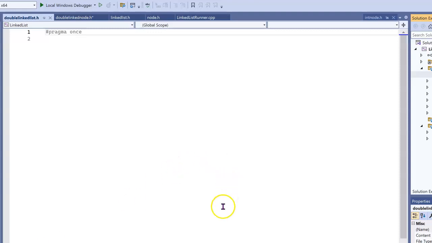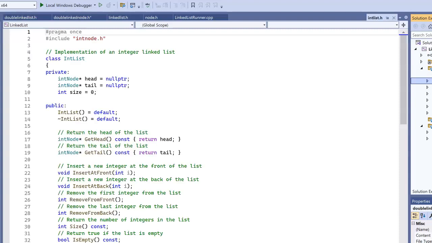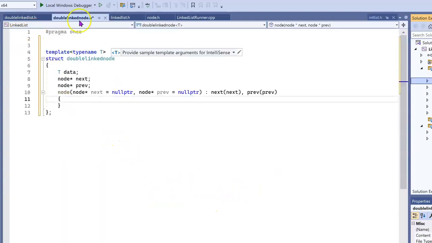In this video, we're going to implement a doubly linked list this time. Now, I've done a little pre-work here just so we don't have to drag all the way through it, but I defined our doubly linked node, and here's what it looked like. It has, instead of just a single pointer, a next and previous pointer, and also I'm going